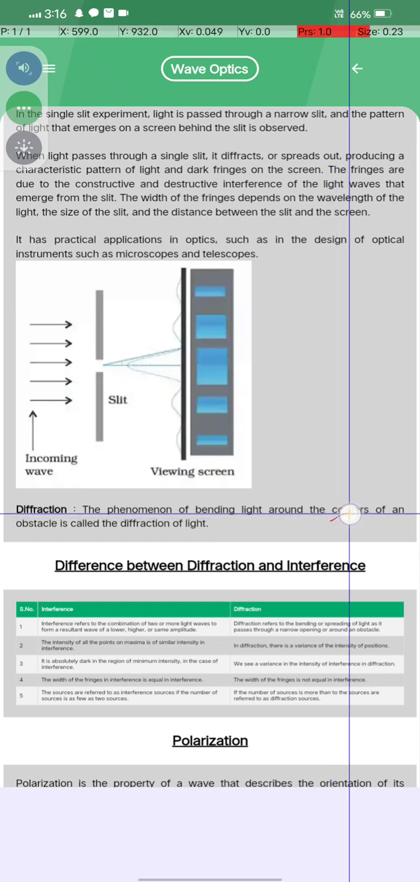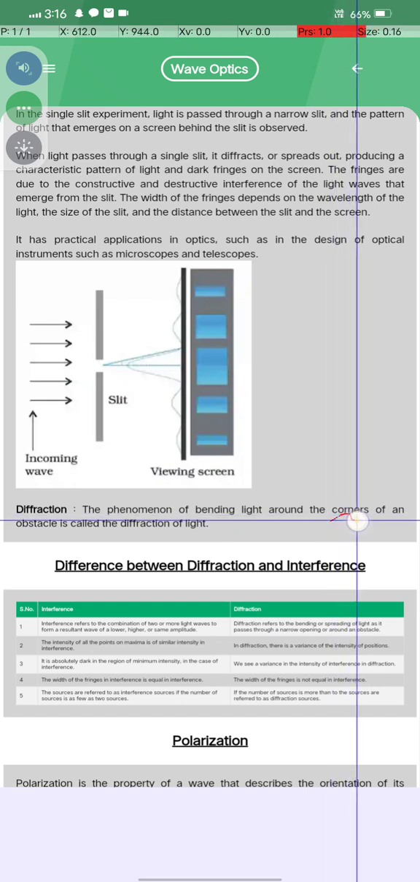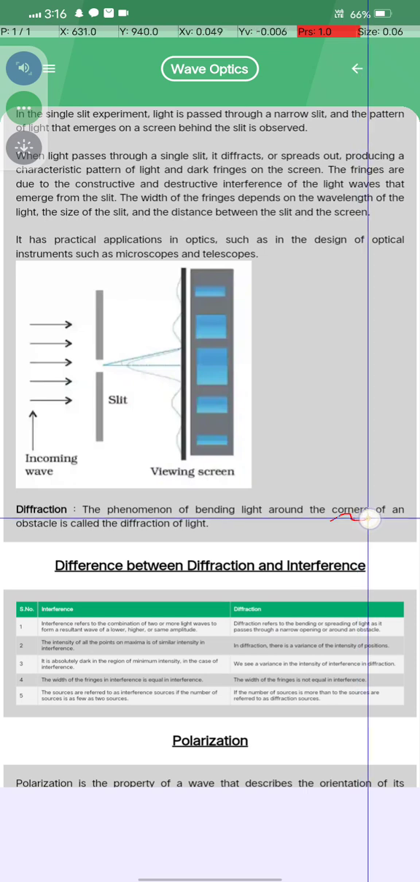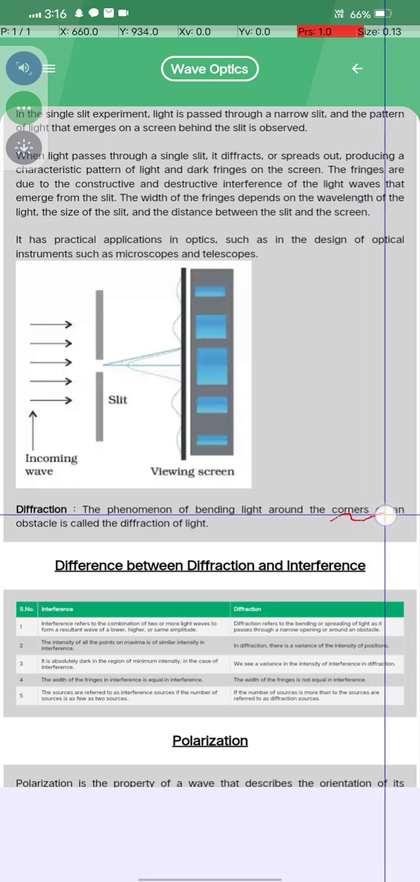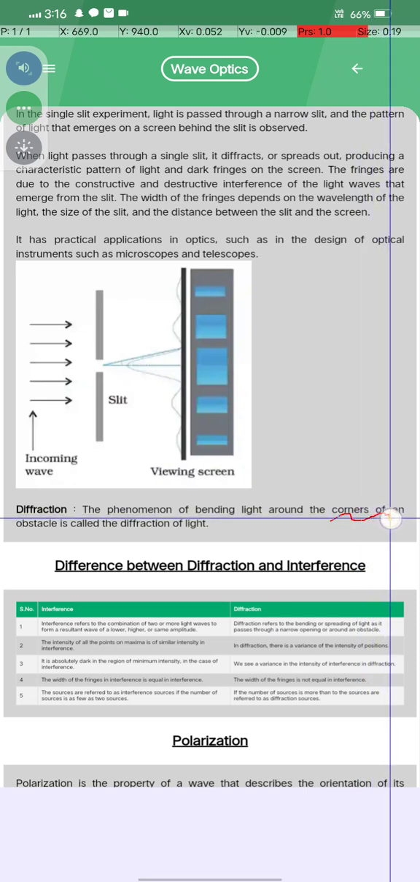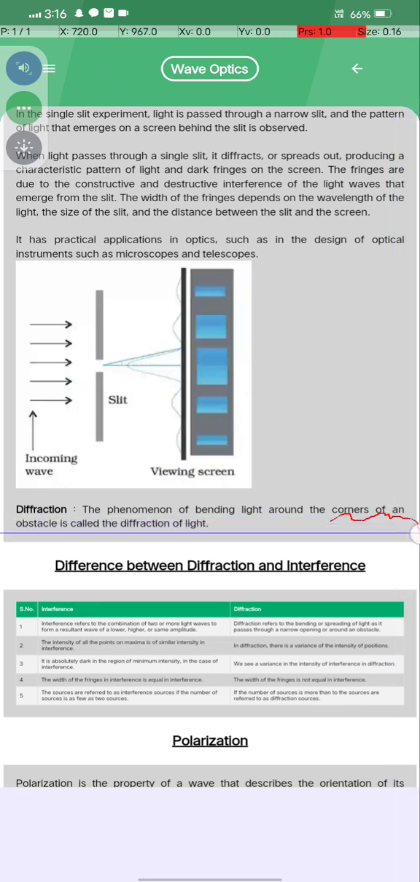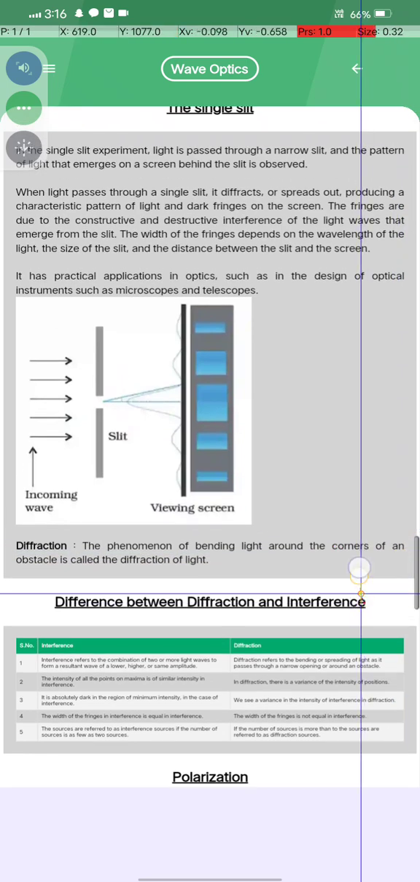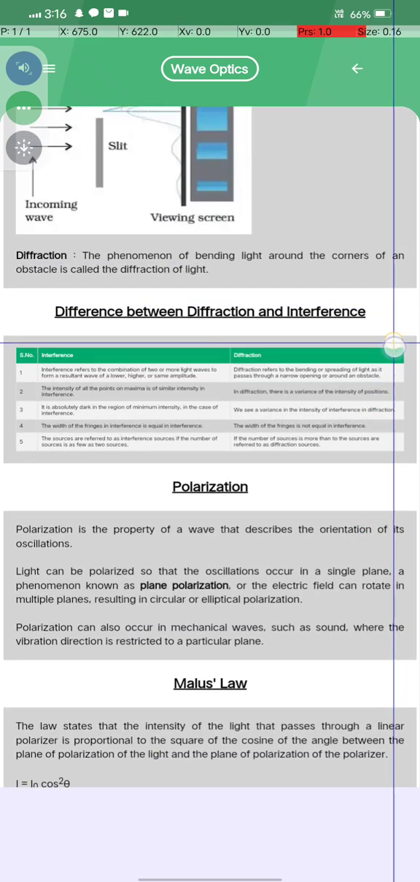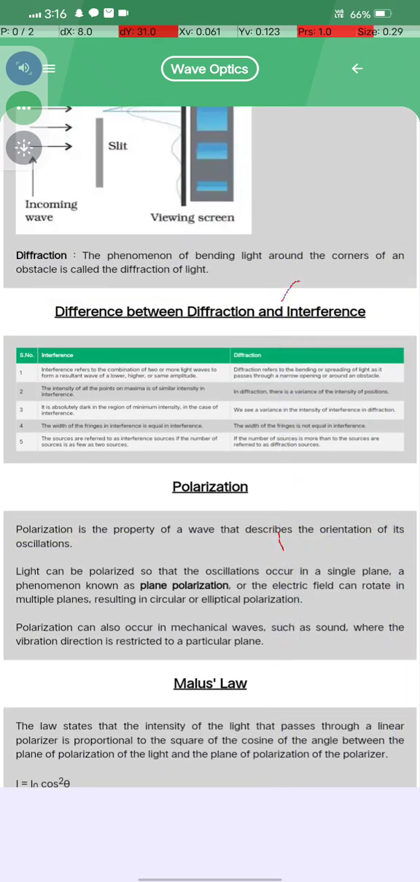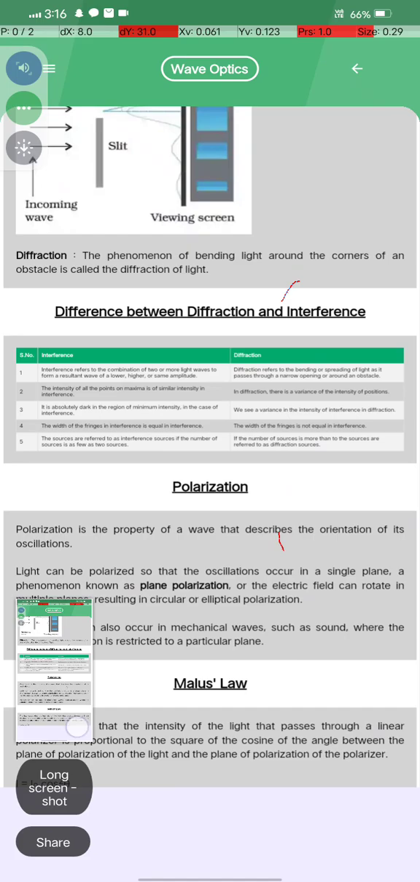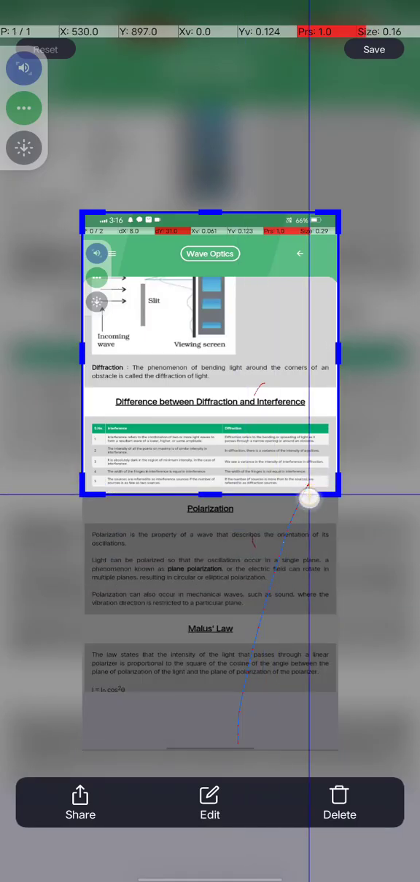उसके बाद क्या क्या गया तो the diffraction, the phenomena of bending light around the corner obstacle is called diffraction of light. उसके आगे डिफ्रैक्शन और इंटरफेरेंस में फ़र्क क्या होता है, तो भी काफ़ी इंपॉर्टेंट है, इसको भी अपने फ्रेंड को भेज दीजिए, कोई पढ़ के बहुत खुश हो जाएगा।